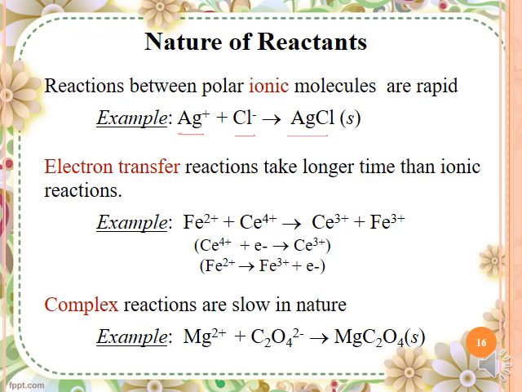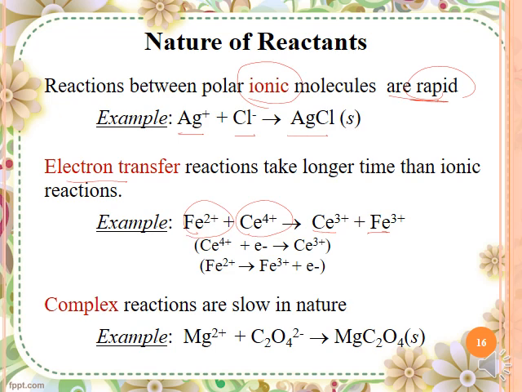These are examples of ionic reactions, and these reactions are very rapid. However, if the reaction involves electron transfer, for example iron 2 plus with cerium 4 plus forming cerium 3 plus and iron 3 plus, it takes longer compared to